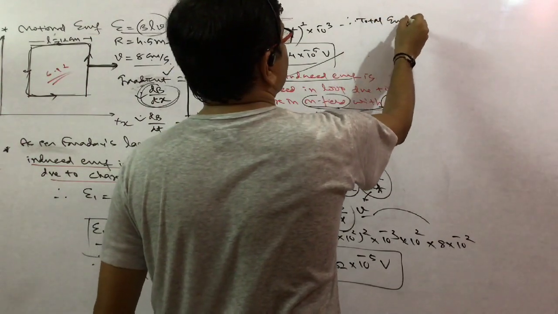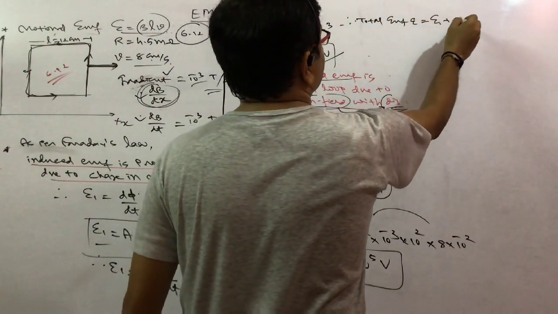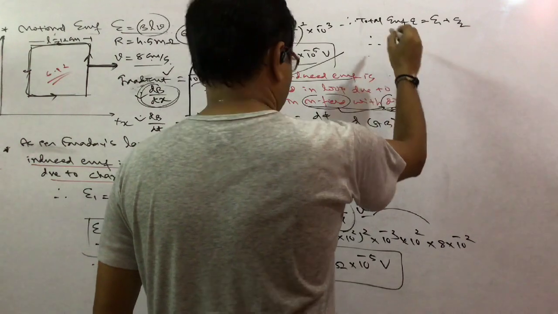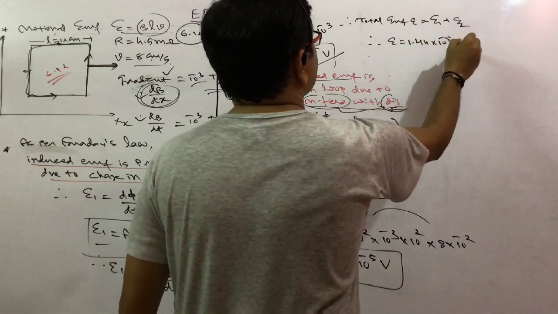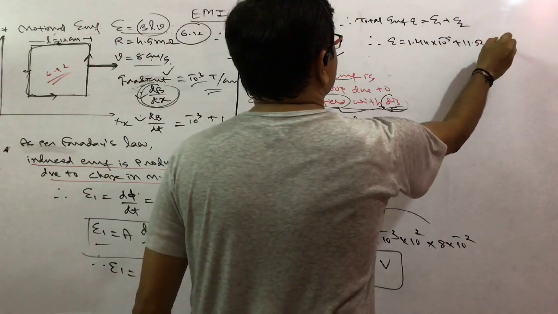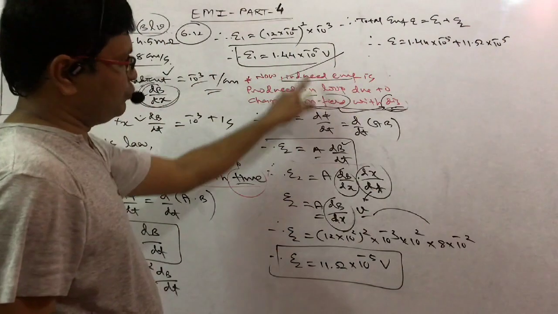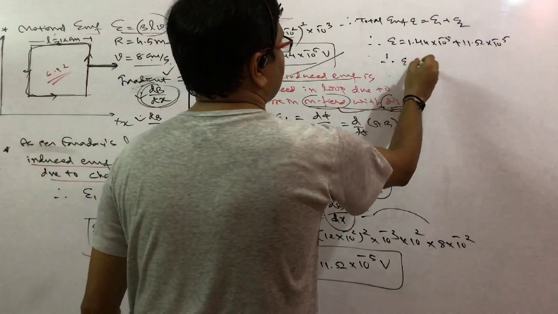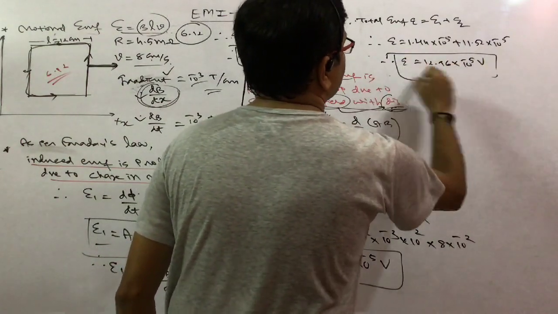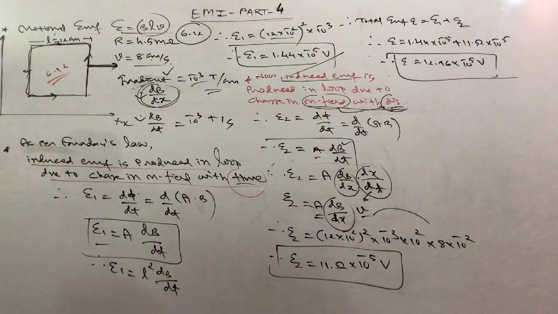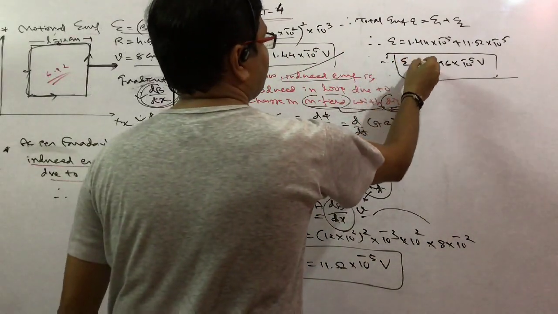So total EMF epsilon 1 plus epsilon 2। So epsilon 1 it is 1.44 into 10⁻⁵, and epsilon 2 11.52 into 10⁻⁵। So if you simplify, 12.96 into 10⁻⁵ volt answer।